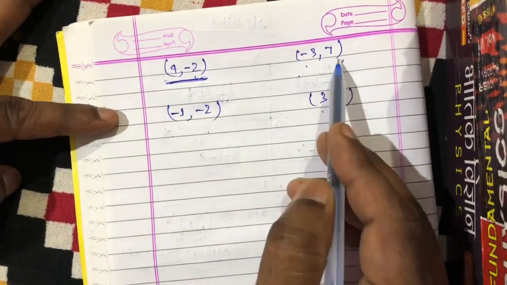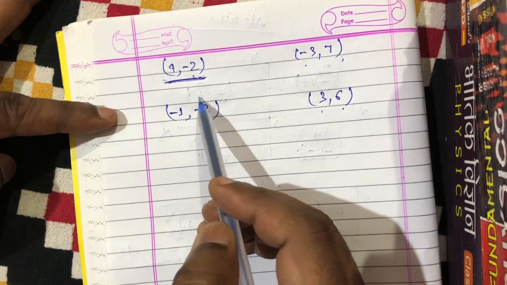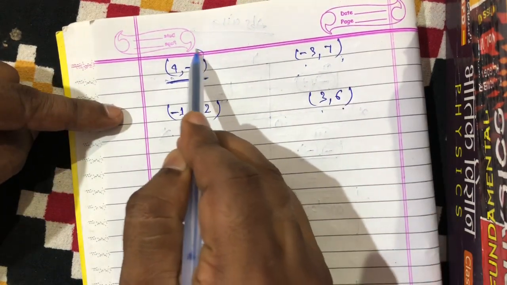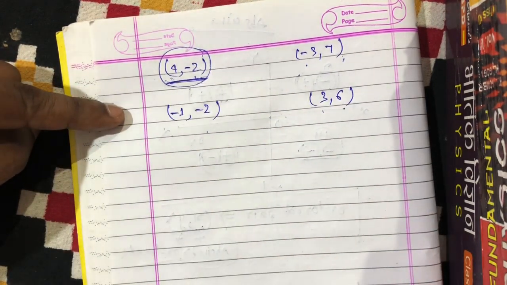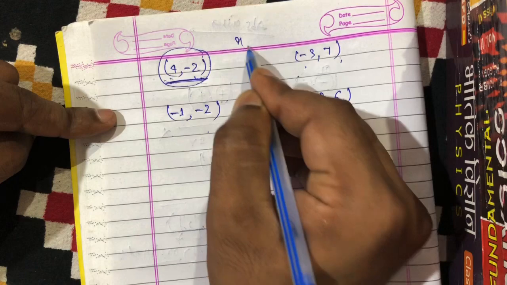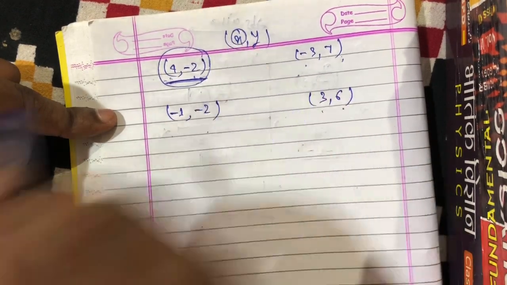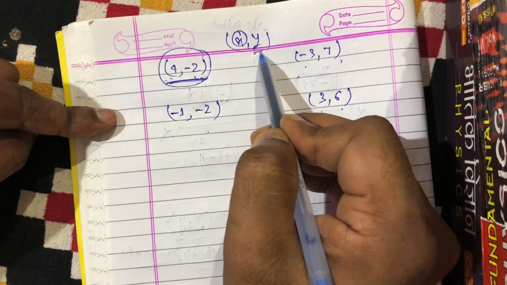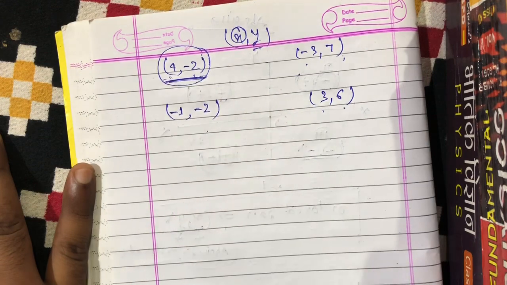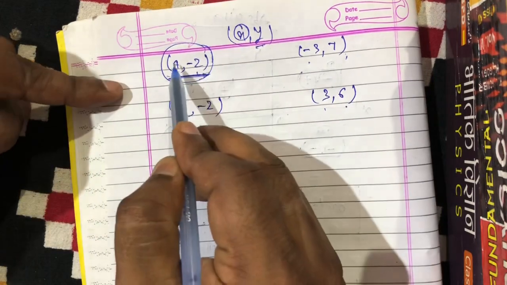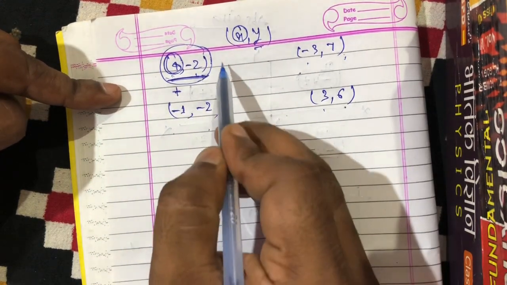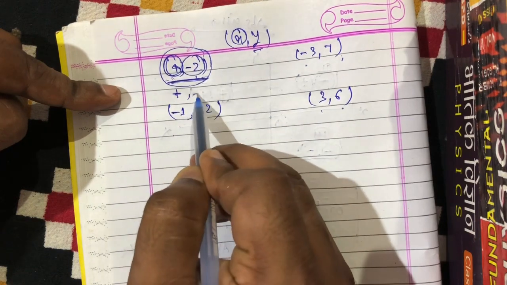Now we have 4 points. Okay. Now we will try to find the coordinate quadrant of this point. Now you can see that the first point we have is (4, -2), and we know that a point is always written in the form of an ordered pair (x, y), where the first value represents the x value and the second represents the y value. We know that to find the quadrant, first we should know the sign of each value. In the first value, you can see that the sign of x is plus, and in the second value, you can see that the sign of y is minus.